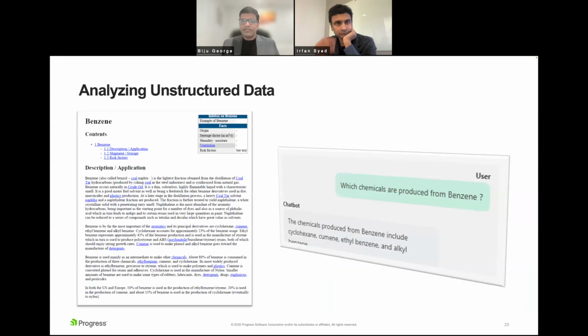So next slide, Irfan. Okay, so these are some example screenshots, a couple of slides. Next are some example screenshots with some mock data only, where a chatbot is invoking different MCP tools automatically. This slide that you are currently on shows how natural language style queries are asked against unstructured data, which in this one was HTML data, but I think it was stored as PDF. It is HTML content converted into PDF and stored in MarkLogic. And a natural language style question is asked against it, and how the system started responding. Next slide.